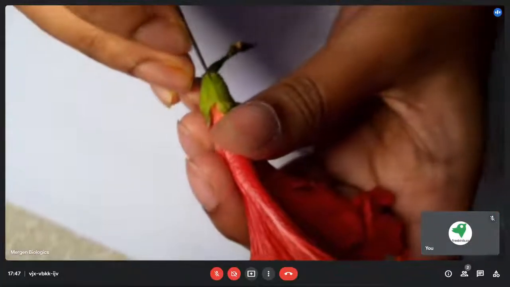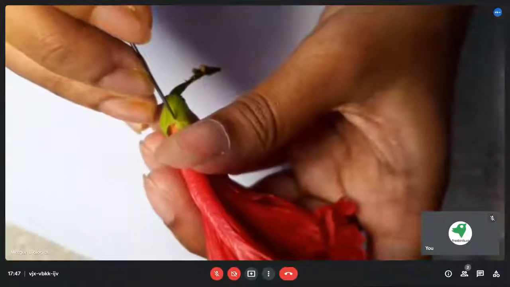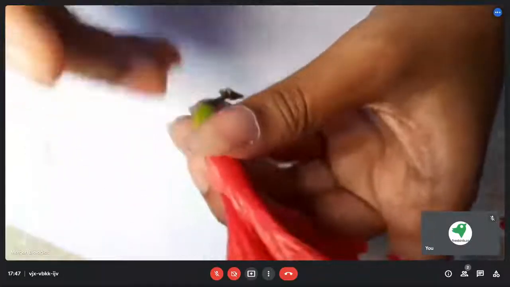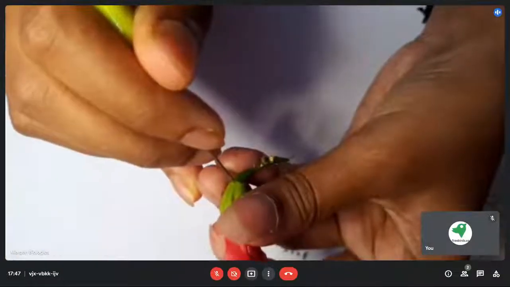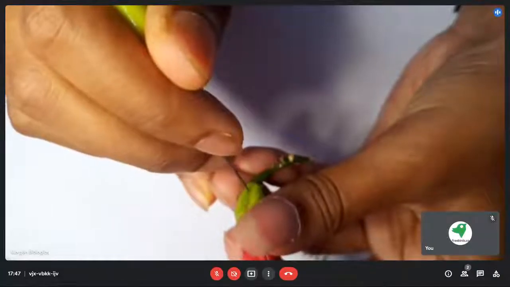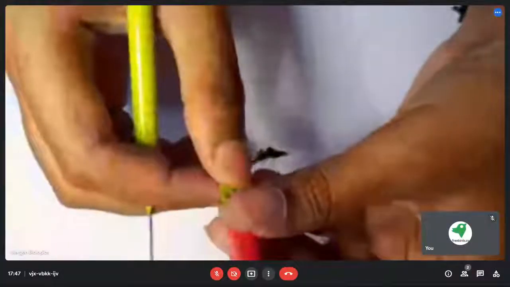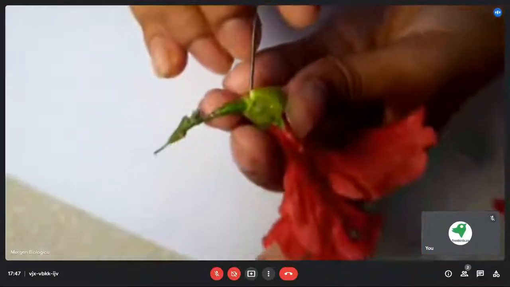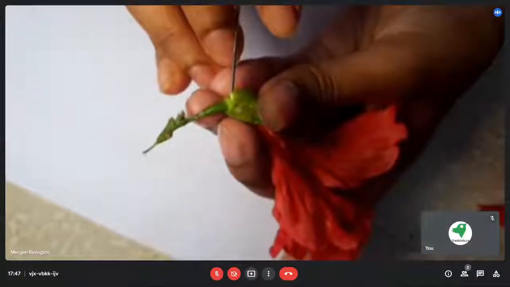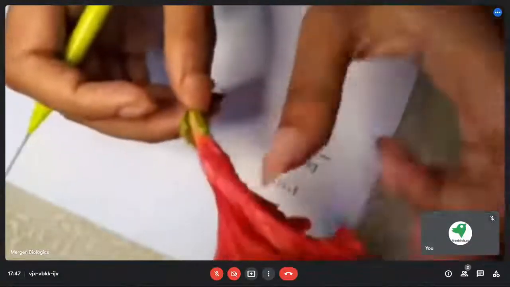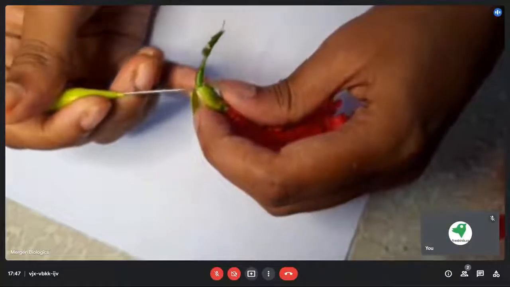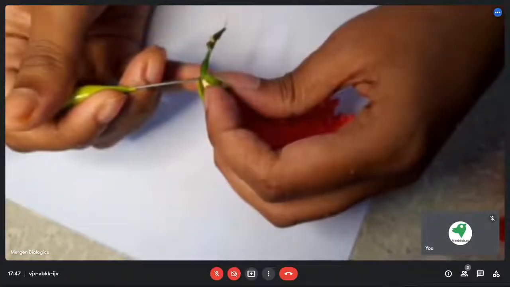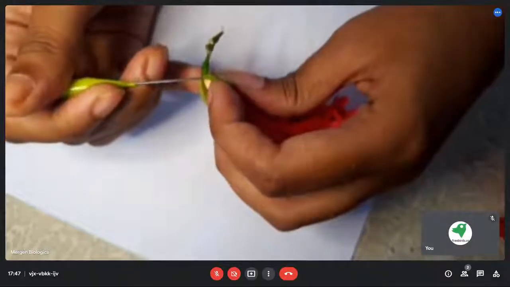I will try to dissect the sepal without breaking it so that you can get the exact idea of a gamosepalous flower or the term gamosepal. Just try to cut this from the stem. Be careful with the dissection part because these flower parts are very delicate and it is easy to destroy them while dissecting.